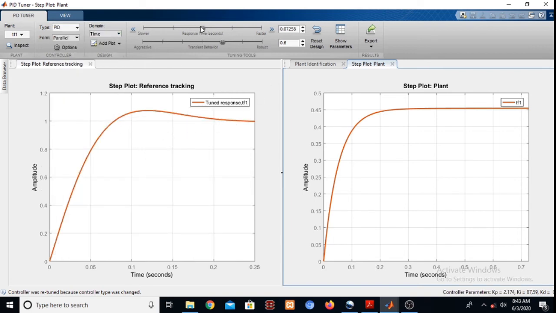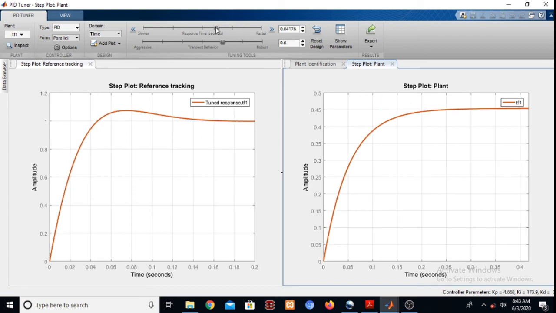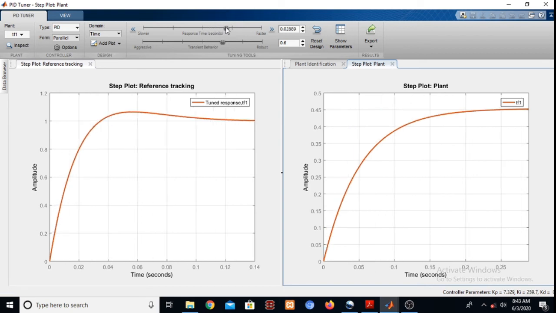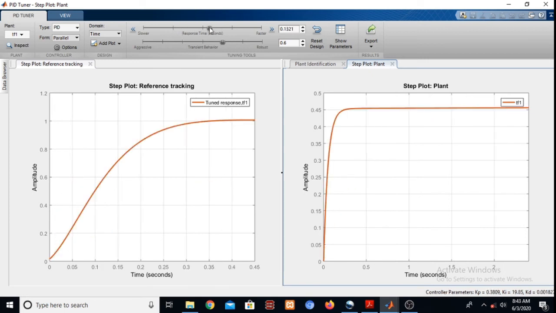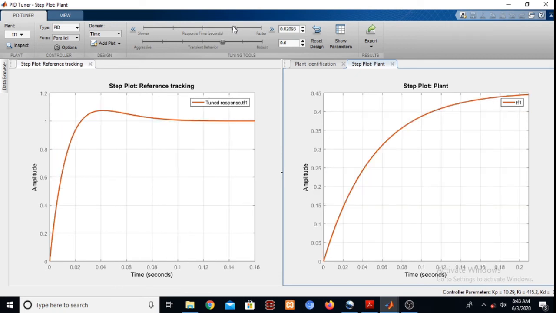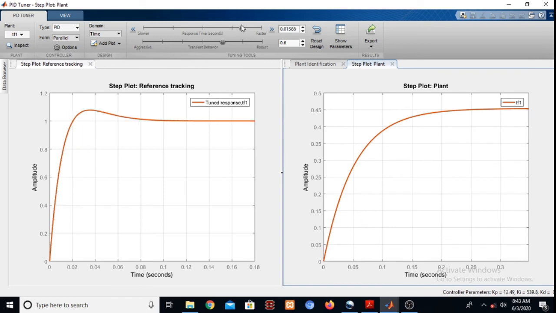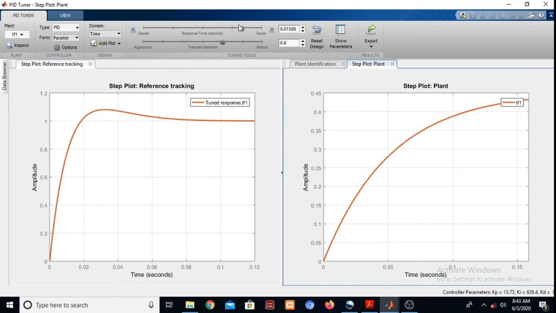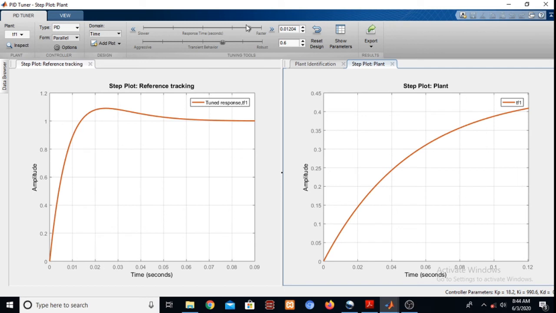Okay, I'll just adjust slightly here on this. Okay. So if somebody wants a very low response time, with a little overshoot, okay, so one can also stabilize the system, right?